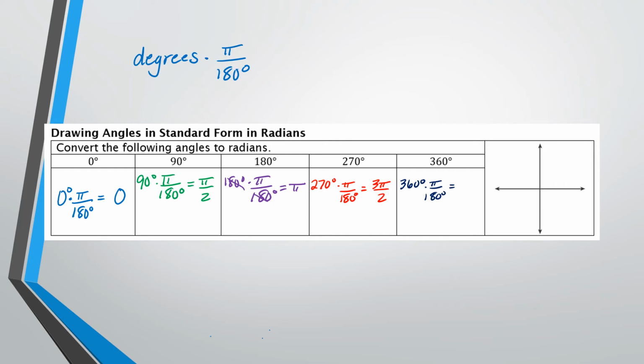360 is 2 times 180, so that means this is going to simplify to 2 pi. And so what I want to do here is